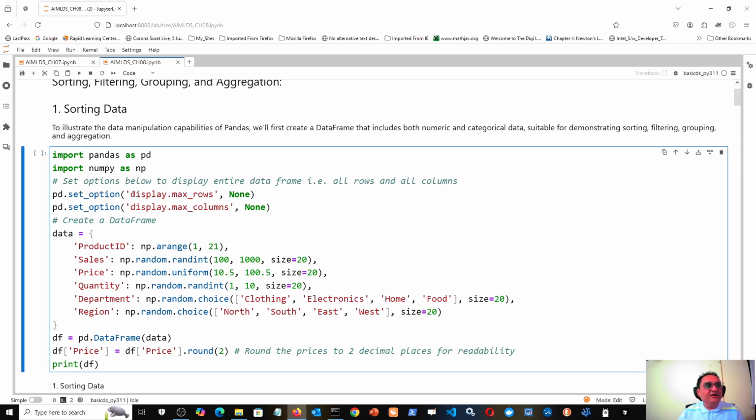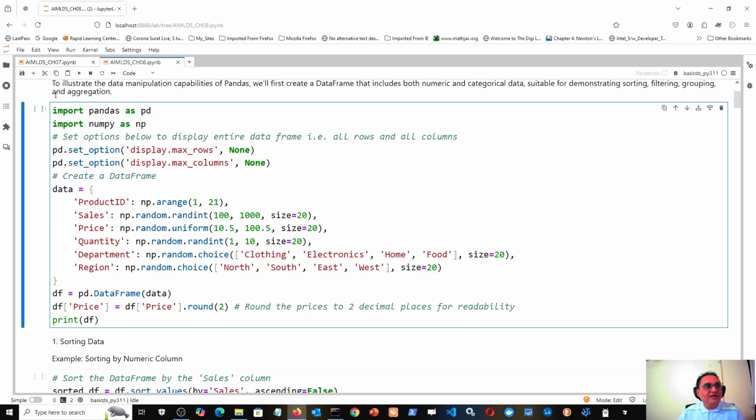So let us create one data frame and understand the sorting capability of pandas. Here we are creating the data frame. This is just a part of the data by which we want to understand the topic. I gave the reason also why I am using code to create the data frame, because